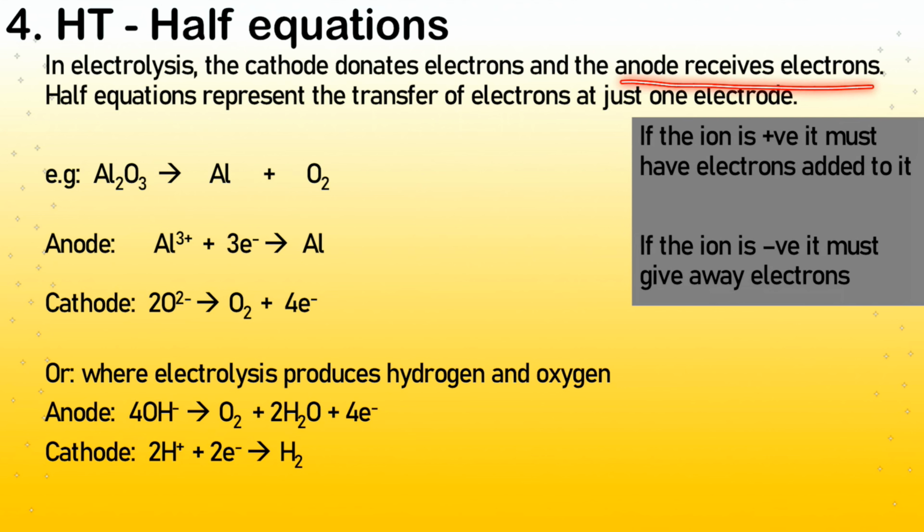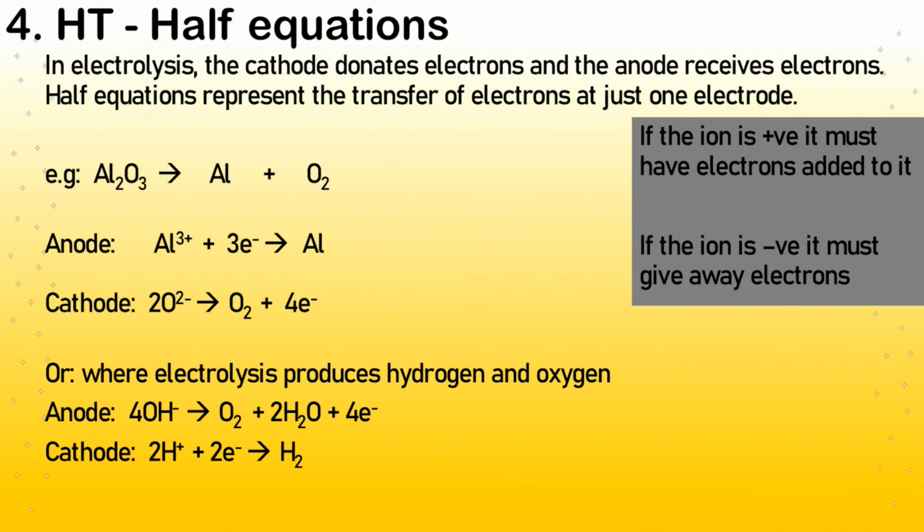And the anode therefore receives electrons. It's positive, it wants to take negatives, therefore it has electrons given to it. And so the half equations basically represent the transfer of electrons at just one electrode, so either at the anode or at the cathode. And basically, if the ion is positive, it must have electrons added to it to make it neutrally charged, so no positive or a net zero,